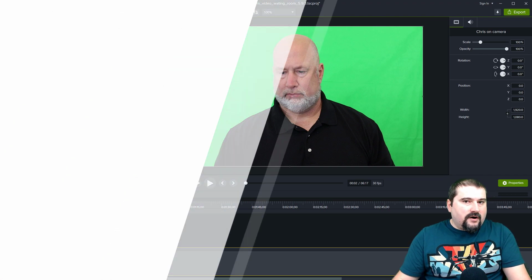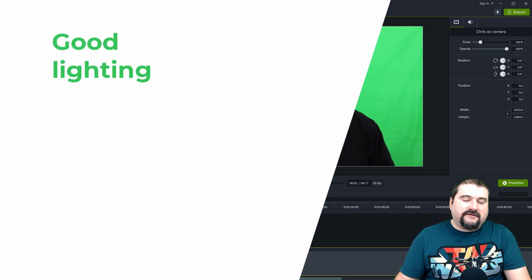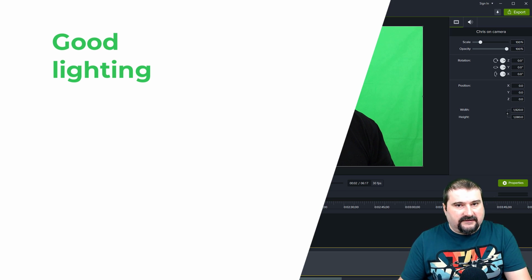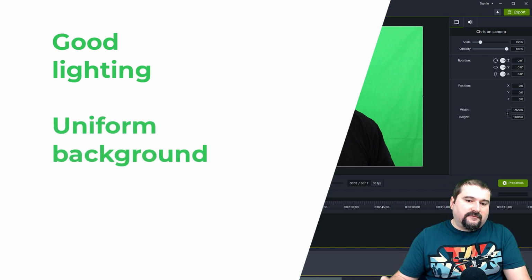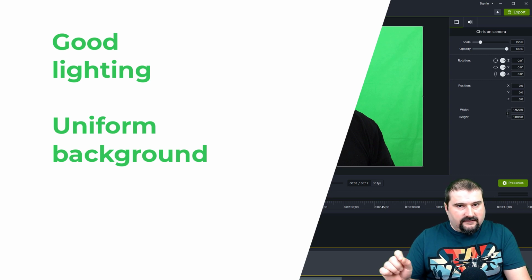There are a few requirements for this to work. Obviously, you need to have good lighting because your background needs to be evenly lit, and you need to be lit as well. Usually you achieve that with one or two lights, but preferably at least two lights. And your background needs to be uniform, because if it's not uniform, you can remove one part of it, but then the rest of it is not going to fit in the tolerance.